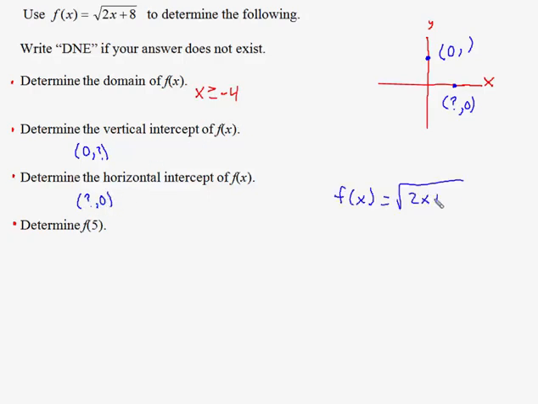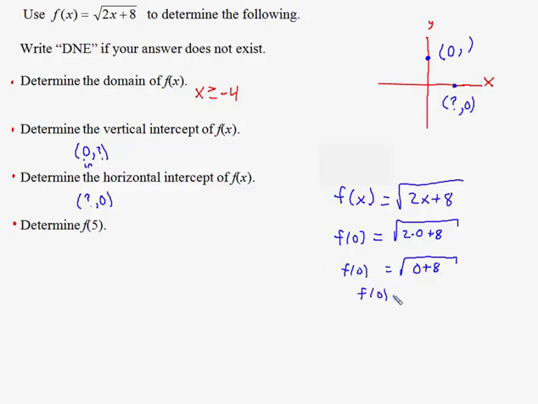Having said that, in the first case, I want to consider what happens when the input is 0 and see what I get out there, and that would give me this point, which is the vertical intercept. So plugging in 0 here, if you replace this with 0, then you have to replace this x with 0 as well. And order of operations indicate that I am to multiply before I add. So this would be 2 times 0 is 0, and then add 8. So I get that f of 0 is the square root of 8,